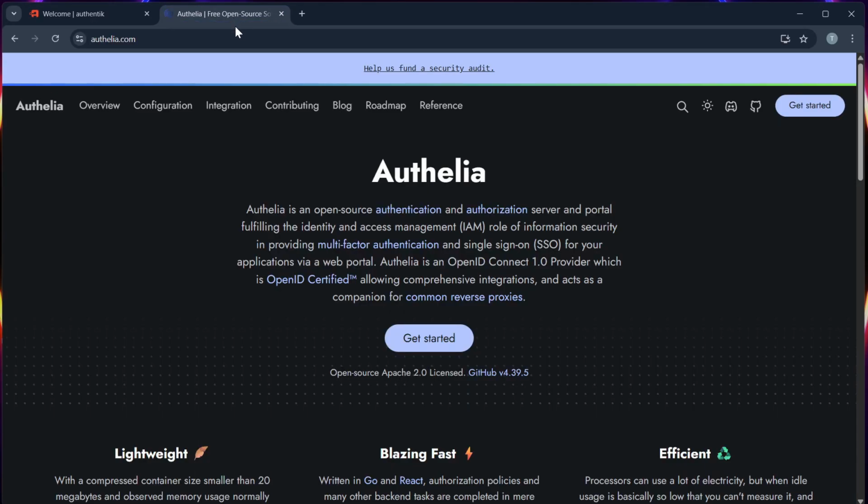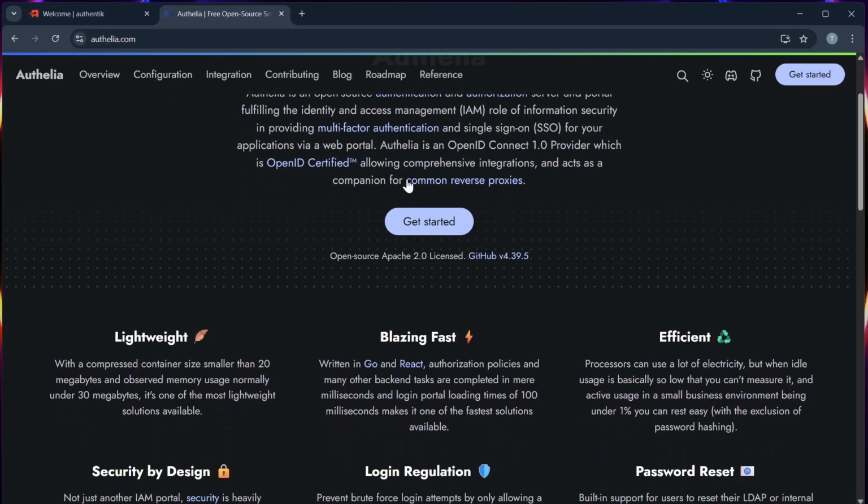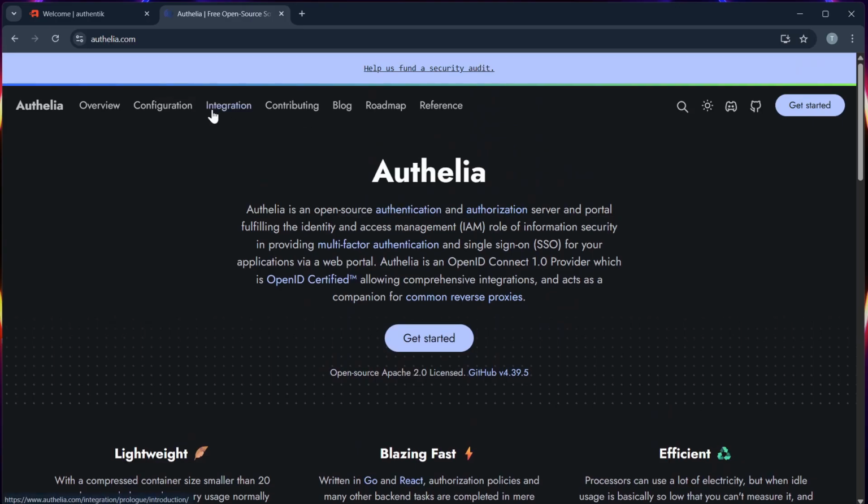Authentik versus Authelia. In this video, I will guide you step by step through the best open source identity providers